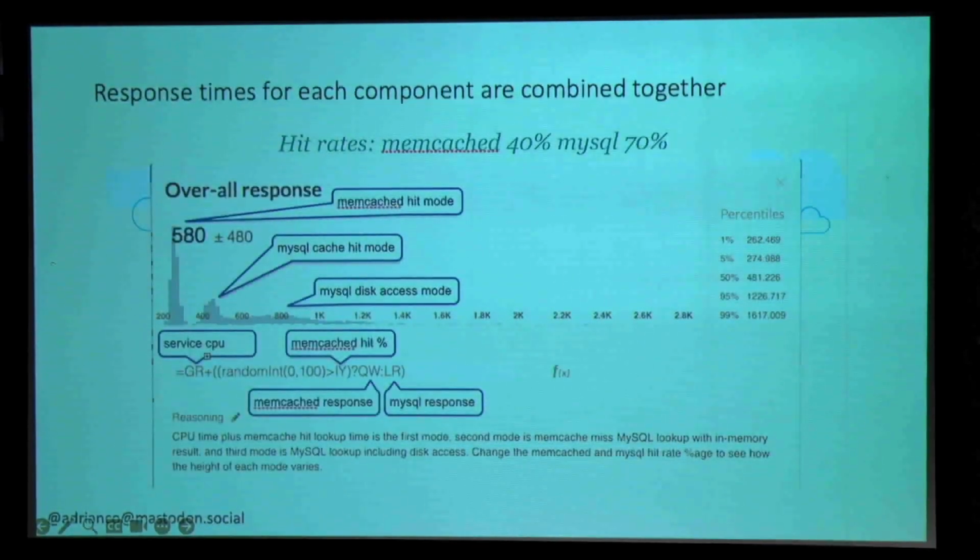So if you look here, underneath all of this stuff, you can see this fairly blocky distribution. So if you hit the memcached, you get a nice fast response. And then a bit later, you see there's the MySQL cache hit, and then there's this much slower one, where I had to go talk to the disk, right? So there's 3 spikes in this response time, and then there's this weird gibberish thing you had to put in to make it do that. So anyway.